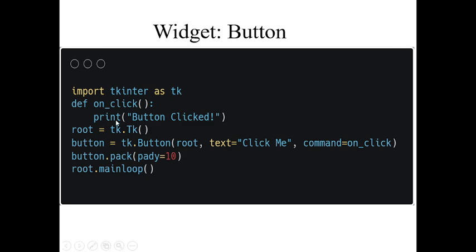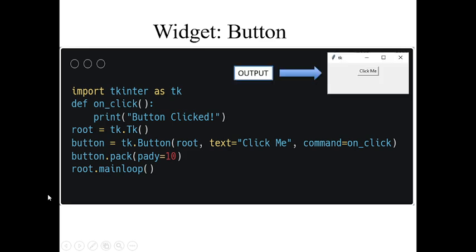So now again create an object of the Tk class, then create the button. To create a button, there is a Button class. What are the parameters? The first is the name of the window in which we have to insert the button, then the text that will be written on the button, and then the command, what will happen when we click, this function will execute. What does this function do? This function just prints button clicked. And the position of this button in the window is pady equal to 10, which means it is 10 points from the y axis, and again root.mainloop to keep the window alive.